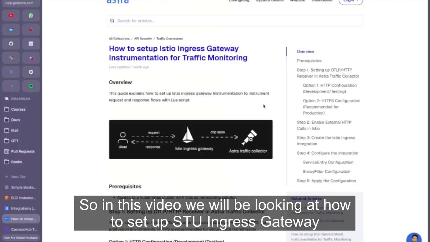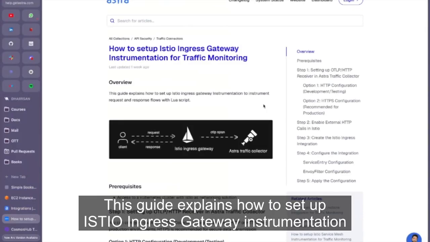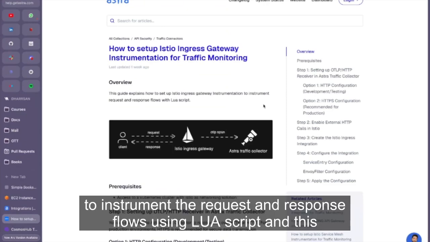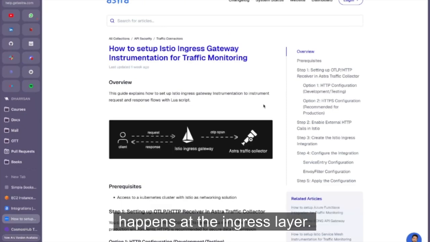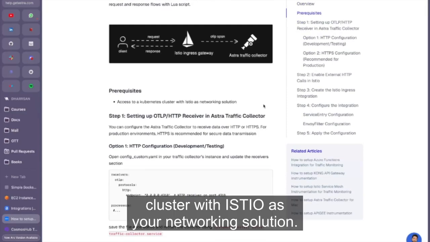So in this video, we will be looking at how to set up Istio Ingress Gateway instrumentation for traffic monitoring. This guide explains how to set up Istio Ingress Gateway instrumentation to instrument the request and response flows using Lua script. And this happens at the ingress layer. The prerequisites to this setup are you need to have access to the Kubernetes cluster with Istio as your